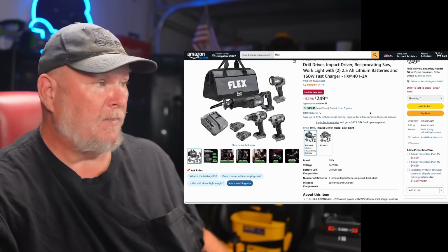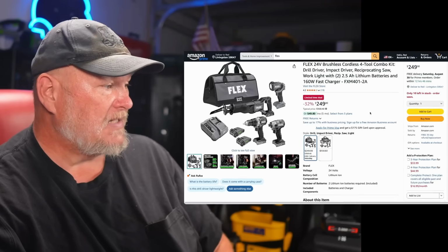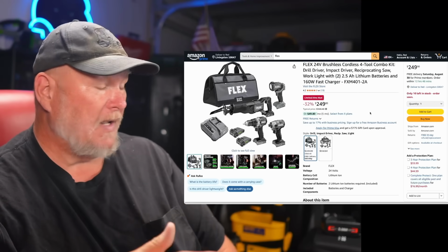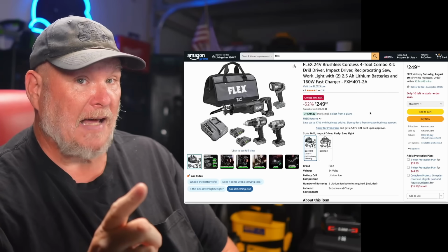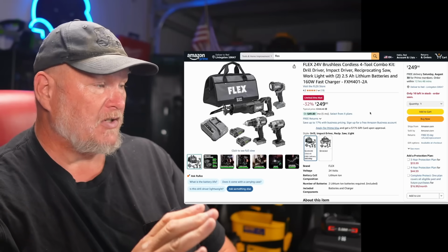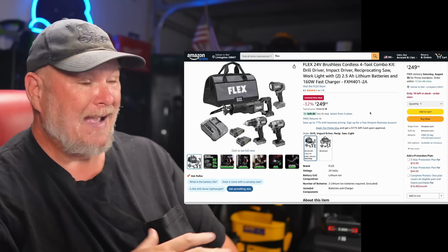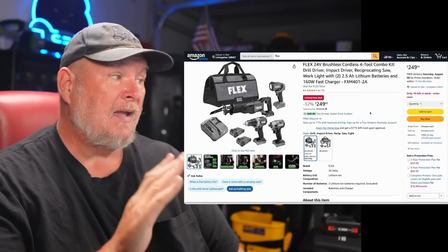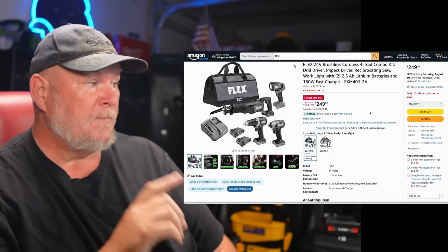I got a few more from them. I've got this combo. Now this is going to get you the drill driver, the impact, the recip saw, and that recip saw is first class. Great recip saw. In fact, the other stuff's really good too, but that recip saw is my favorite recip saw now. And I'm a Milwaukee recip guy from way back in the day, and I would rather have the Flex,